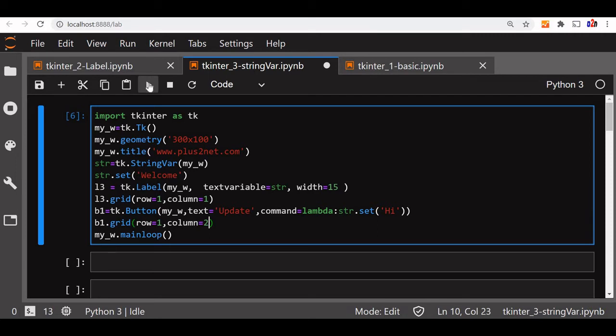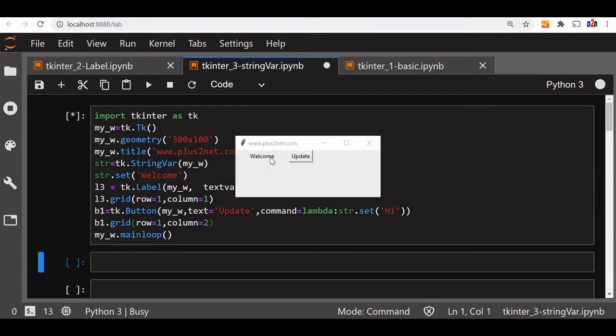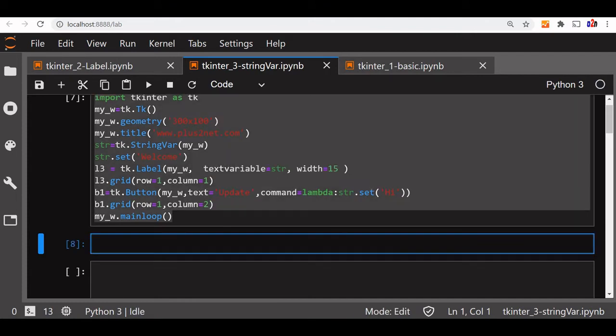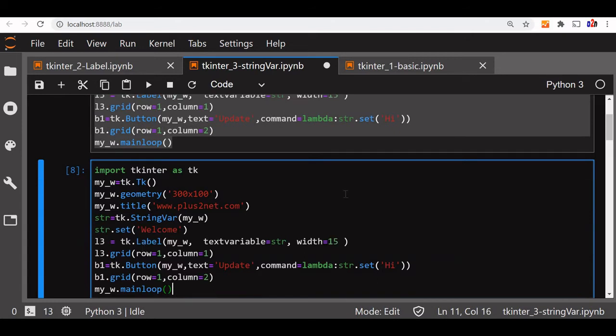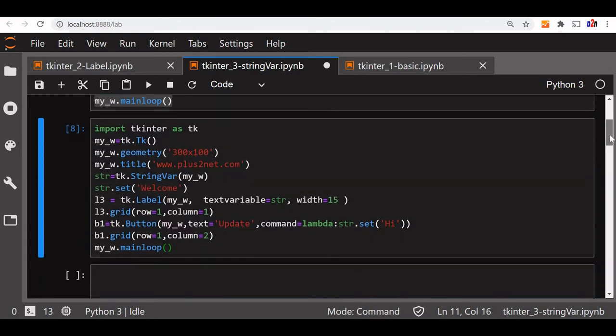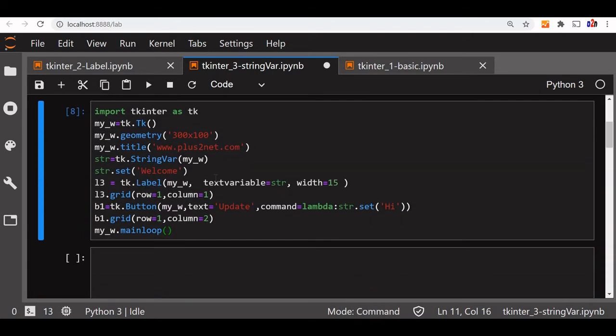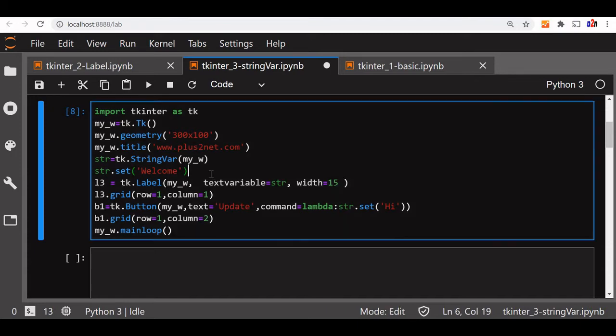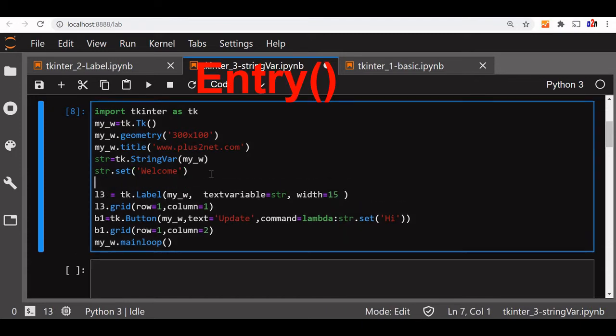Let's check it. Here it is, welcome. Now we'll click the update. It's saying hi. Instead of using a fixed text, now we'll take the user input and display the same in a label on a button click. We'll use the same code copied here. To take the user input, we'll add one entry box.